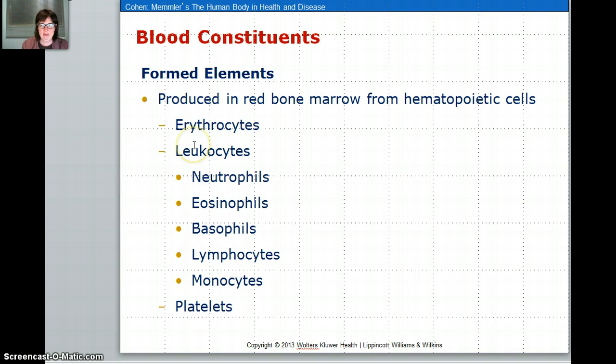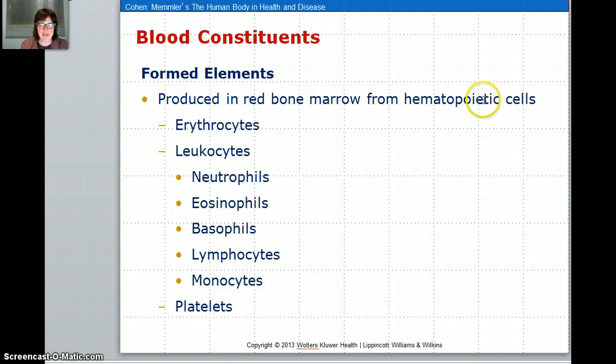When you look at your formed elements, you have your erythrocytes, which are your red blood cells, your white blood cells, which are your leukocytes. Your leukocytes are broken down into neutrophils, eosinophils, basophils, lymphocytes, and monocytes. We will only talk briefly about these, and we'll more look at them when we look at the function of blood cells. Then you have your platelets, which are involved in clotting. Okay, first off, all of these are produced in the red bone marrow in what are called hemopoietic cells. Hemo meaning blood,